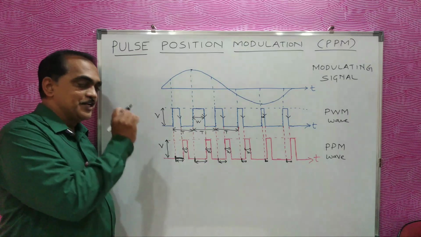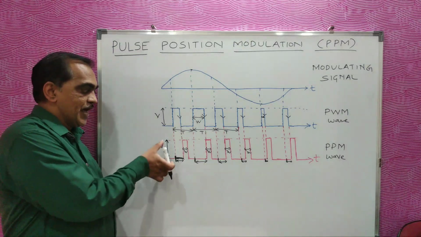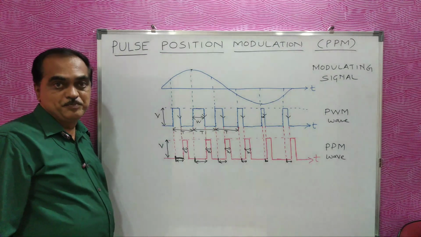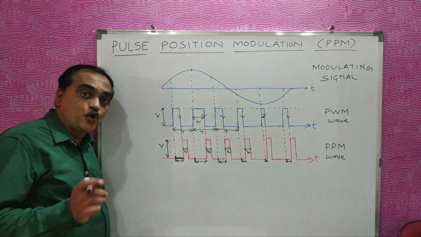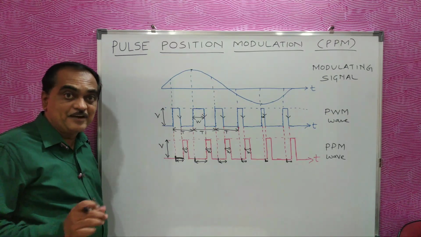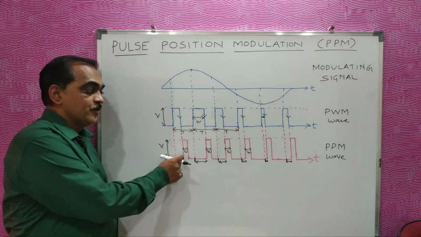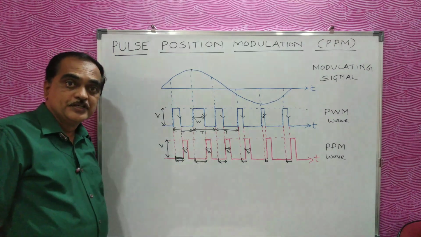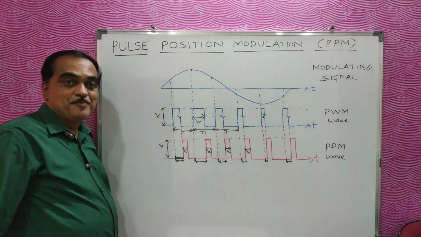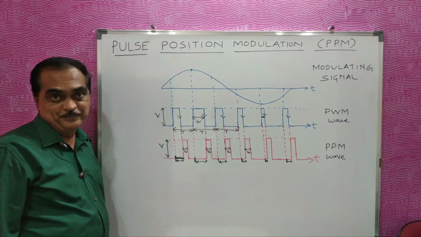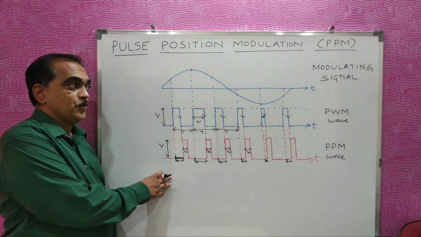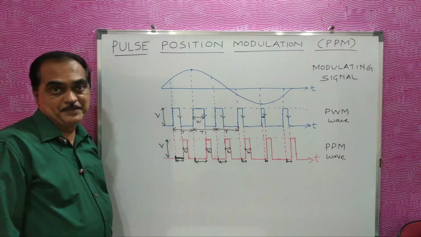Okay. Now the advantage of this is, because your amplitude is constant, there is no interference of noise in PPM. And if there is any noise also, it can be separated. And the second advantage is, because the amplitude and the width of the pulses are constant, the power required to transmit every pulse will not vary. It will remain constant. So power is not going to vary. Clear? So these are the two main advantages of PPM with respect to PWM and PAM.